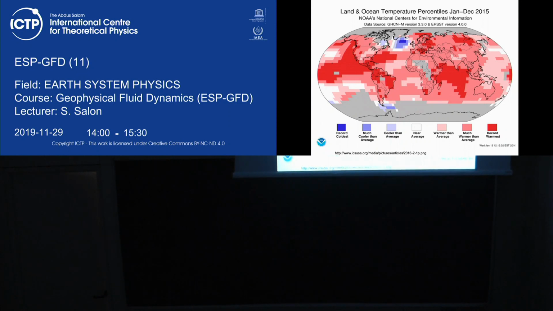So we are going to something which is more related to what we are working with, and you will work with in your diploma course, which is temperature change, for example. This is an example from NOAA, the National Center for Environmental Information, which relates to 2016, so a few years ago. We can see here in the year 2015, a general idea in the global of the areas which were colder than the average or warmer than the average. And you can see, of course, nothing new, that most of the